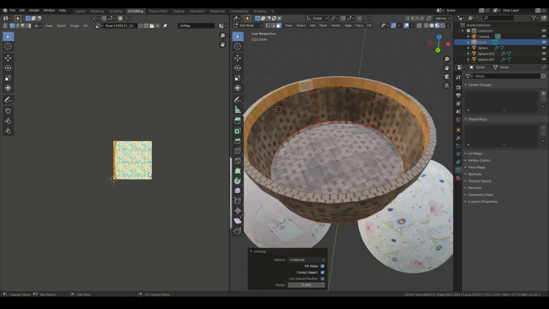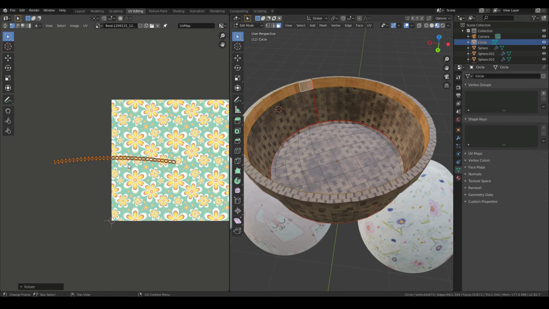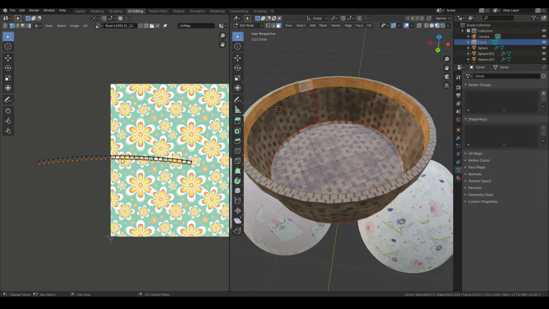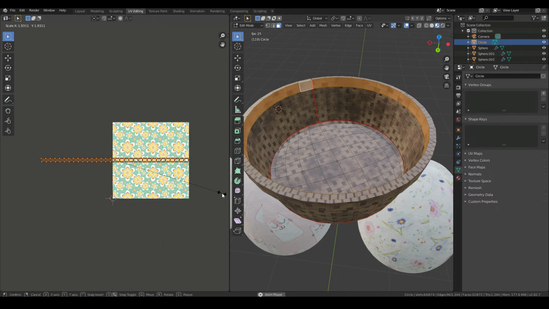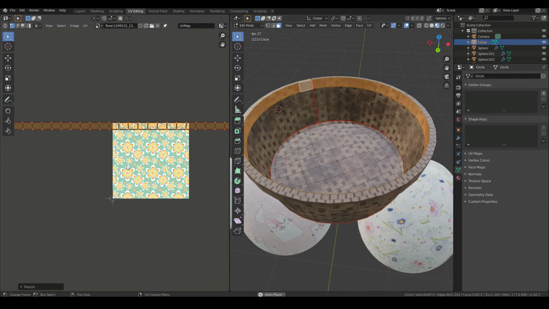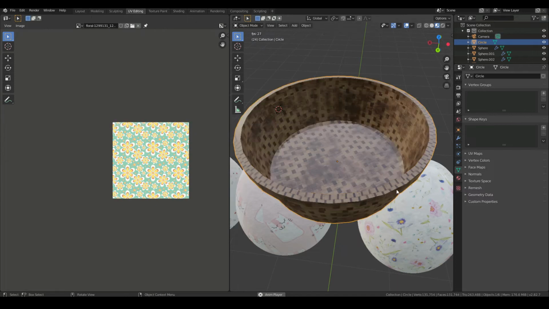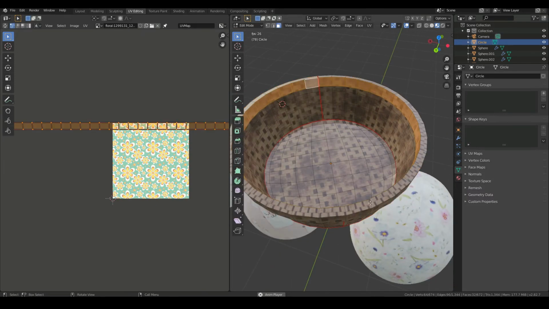U, unwrap, R90, select this one, SY0, select this one, SY0, scale it up till it matches the reference, and that should be fine. And finally the top,